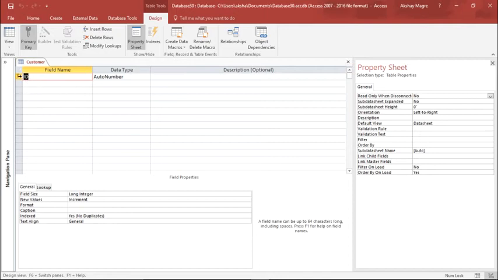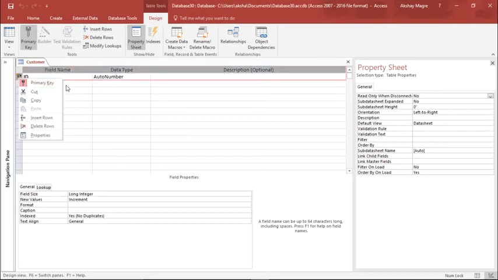Now whenever I create a database, we need to assign a primary key. Now what is a primary key? Primary key is basically for unique records, so that it does not duplicate anything. So basically every record will be having a unique ID. By default it is taken as ID, and it has automatically assigned it a primary key.